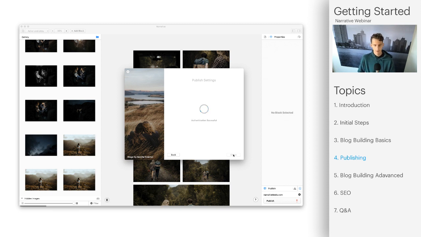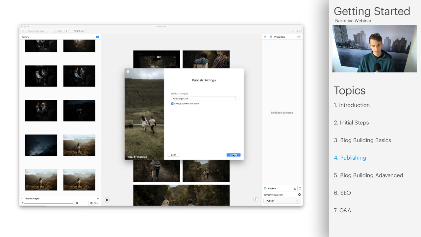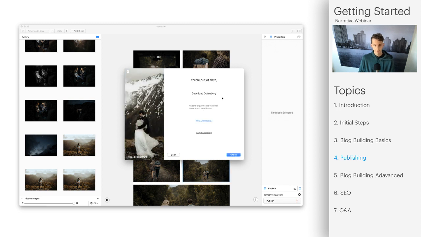And now Narrative has connected to my website, and it's just fetching all my info. And now we get to choose what category we want to set, and so I'm just going to leave it as uncategorized, but these will grab your post categories from your website. So let me click update, and now Narrative's going to say that